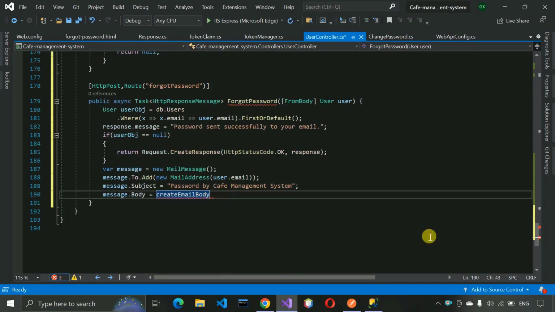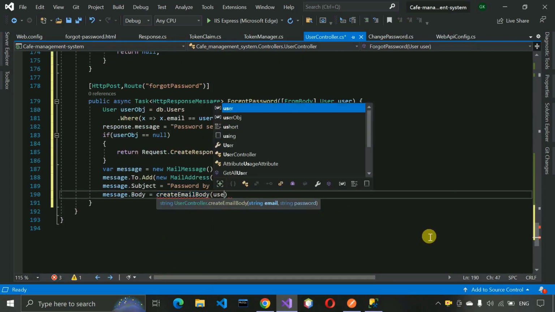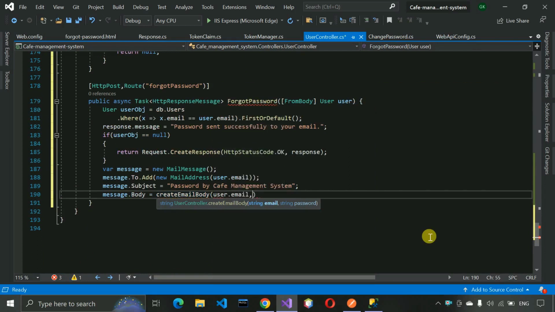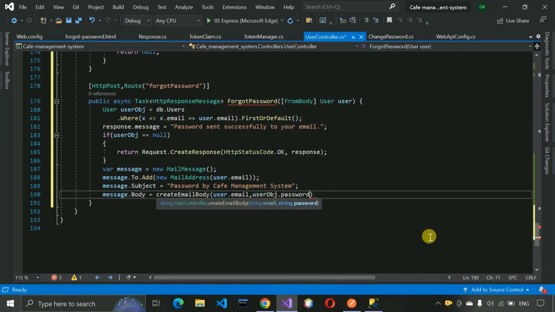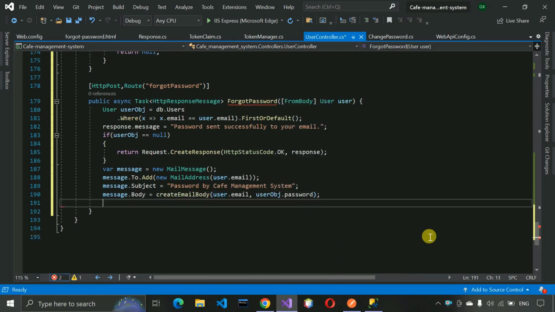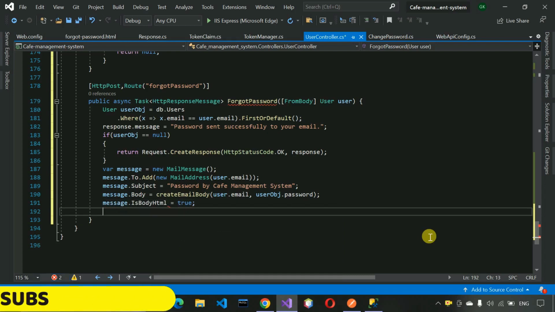And here we just need to pass user.email and userObj.password, which we have searched from the database. The message.IsBodyHtml is equal to true,